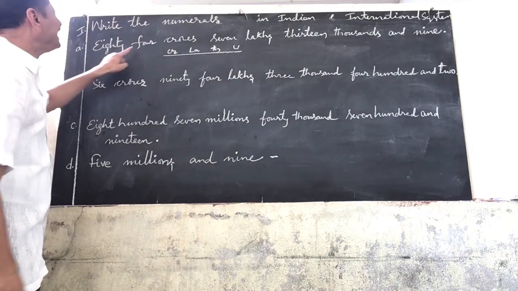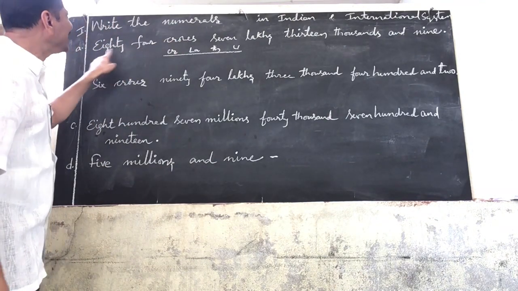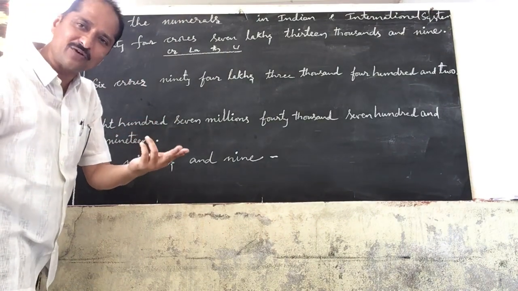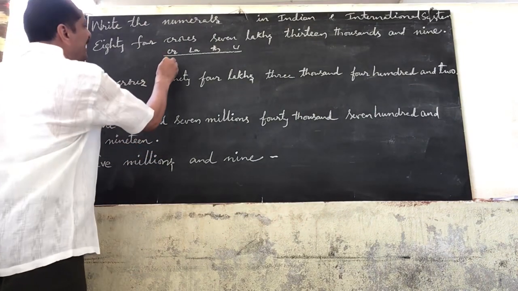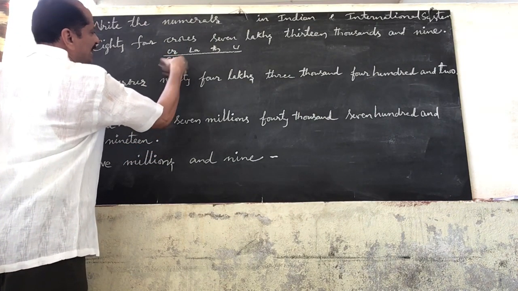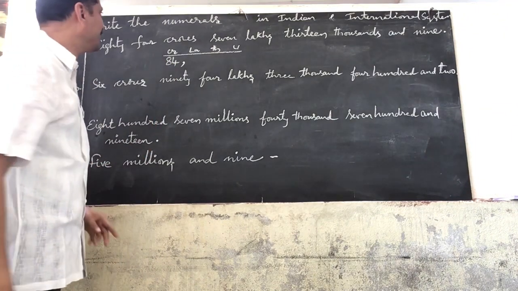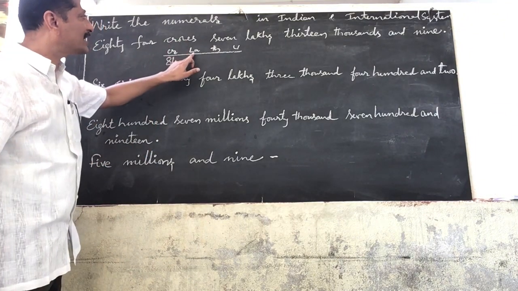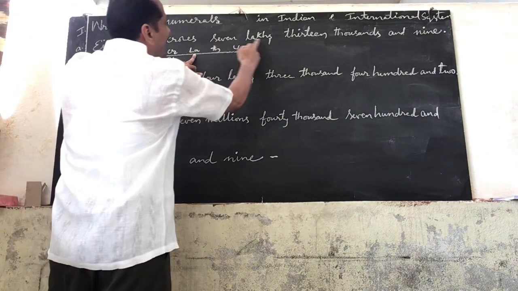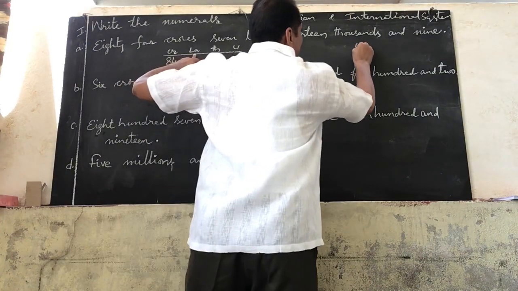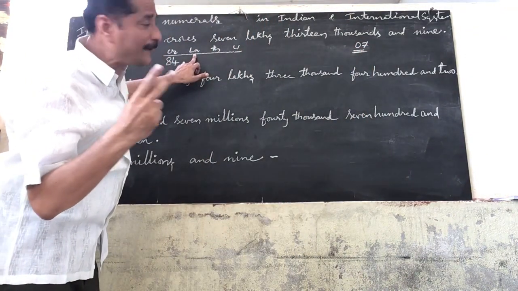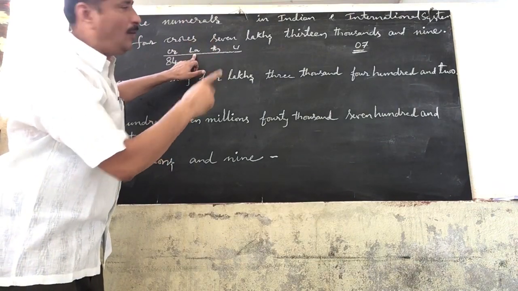Now see, 84 crores. 84 means how many digits? 2 digits. In the crores period also we have 2 digits only. So write 84 under the crores period, then place a comma. 84 crores completed. Next lower than crores, lakhs. How many lakhs do we have? 7 lakhs. The lakhs period contains 2 places, so we should write 07.